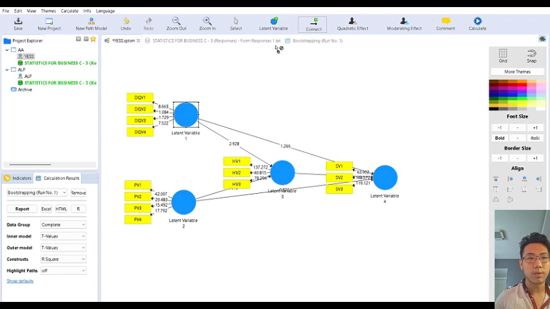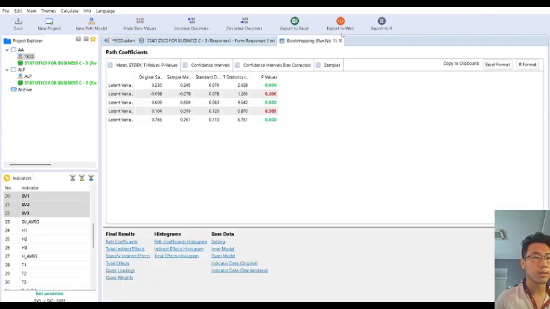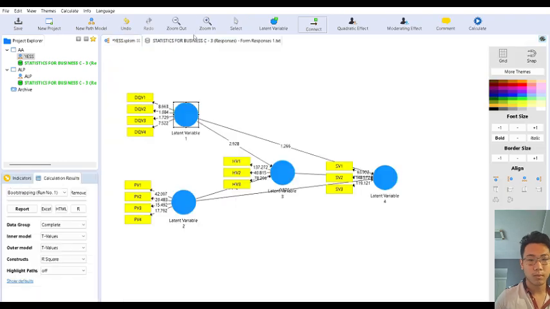Alright, so let's check the next one. Okay, before we go to the next step, first of all we have to know the mean and the standard deviation of the data.